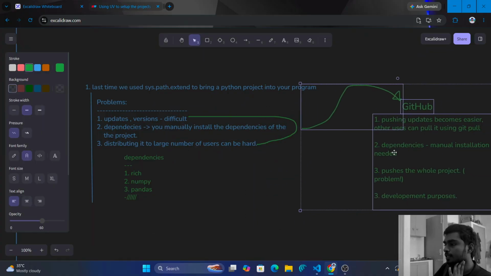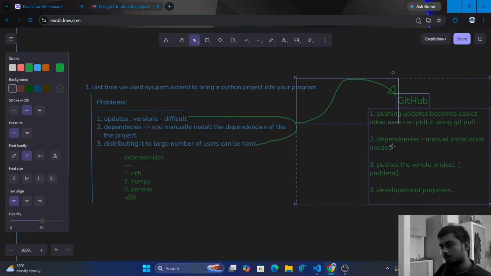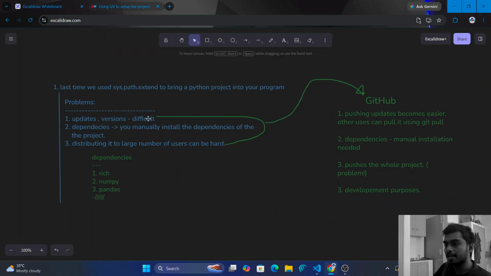I can use GitHub for managing updates and distributing it to a large number of users. I will expose my project through a GitHub repository, and the others can use it by using git clone or something. If you have thought about this, I would say great move and congratulations,